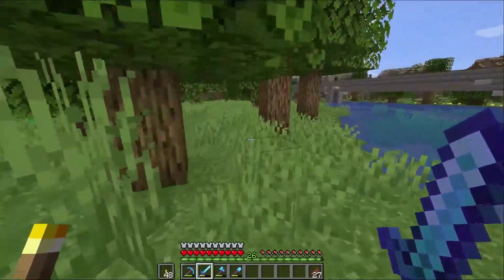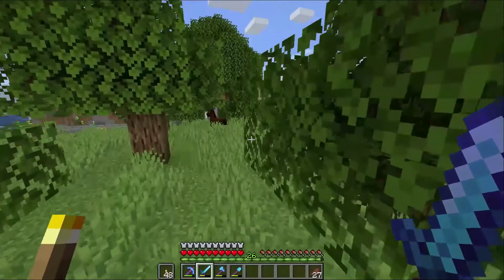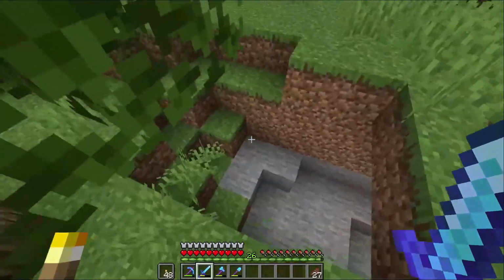So, there's a cave entrance over here. I wasn't sure which entrance I'm going to go down, but there's a cave entrance over here, and we could probably just come down here and...